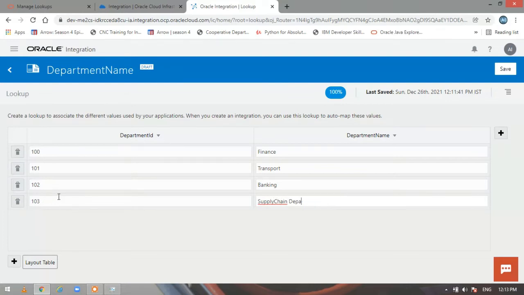I'll just keep the name as supply chain only. So here we have added department IDs, we have added department names.